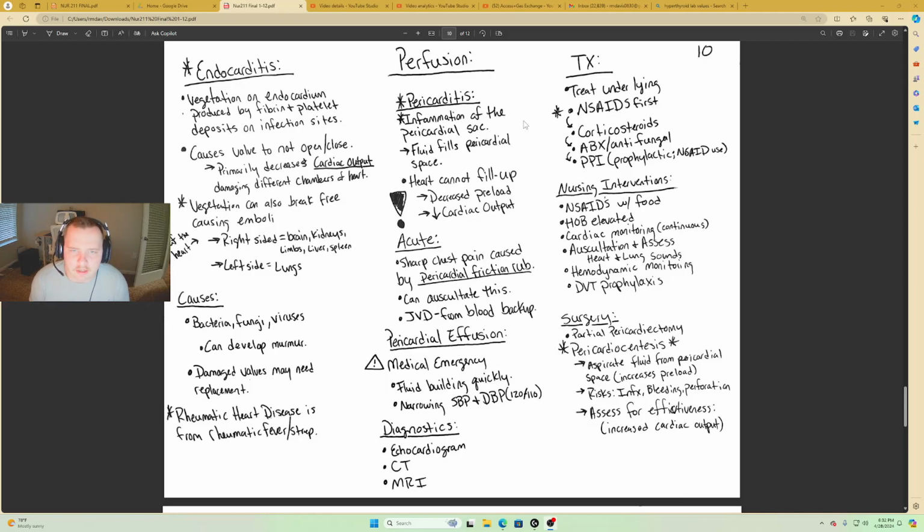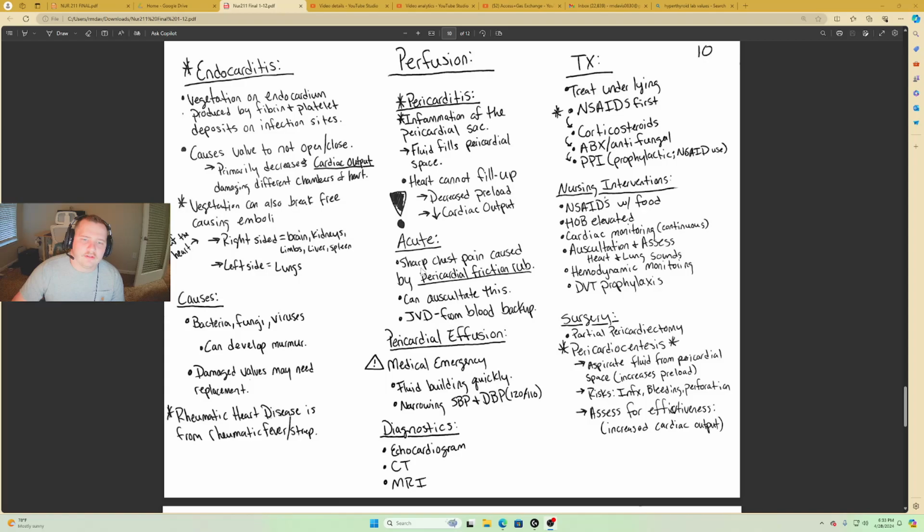Fluid fills that pericardial space, and so the heart cannot fill up. Just like with the lungs and the hemothorax, if you have two bags in each other and you fill one of them up, the outside one up, then that inside bag there's less space because it has to displace all that other fluid to be able to fill that up. So you're going to see some decreased preload and also decreased cardiac output when you have this pericarditis